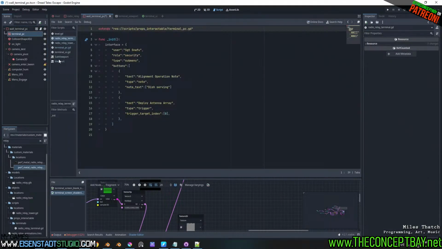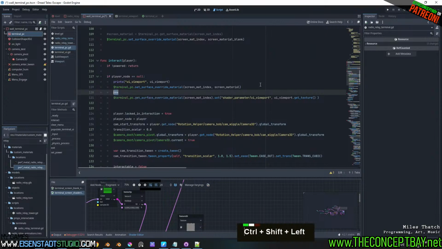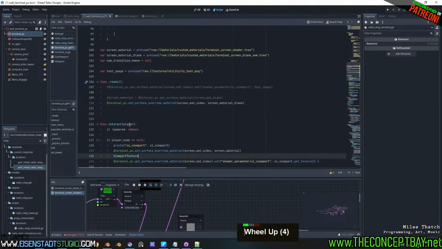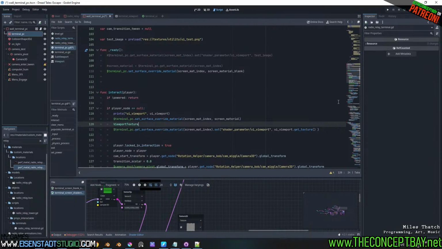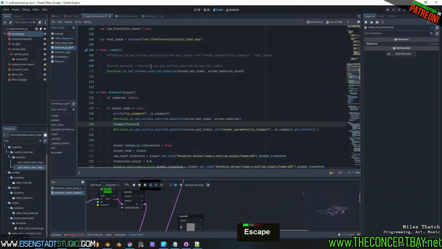So, go back to the terminal PC. Let's do new or viewport texture. No, that's not it. Hold on a second. I think I might have called it. I might have called my constant. Or is it terminal viewport? Okay, that's not it. I thought I gave it the same name as the built-in class. So viewport texture.new